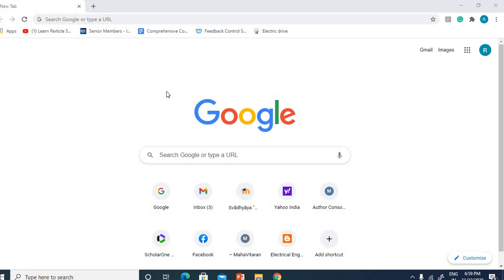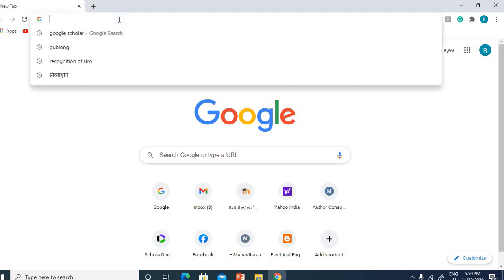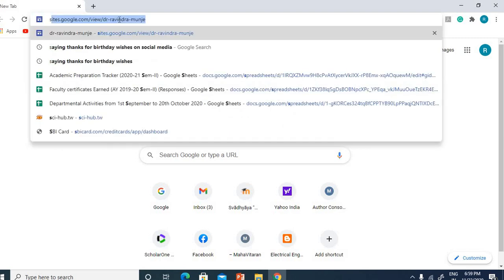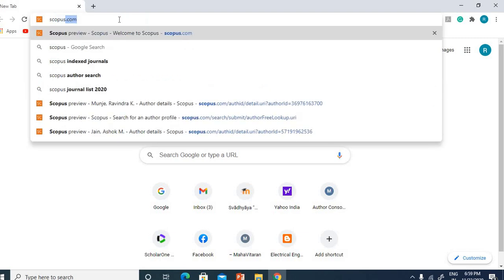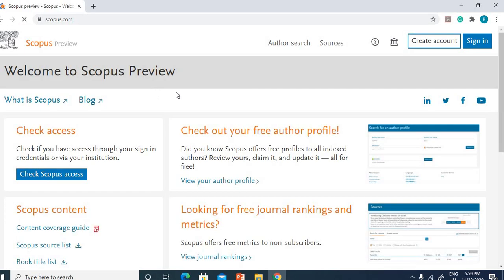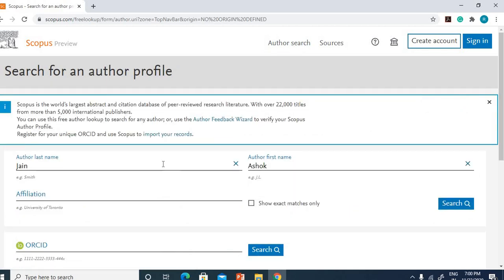So first we will go for identifying publications and citations in Scopus. We will type scopus.com, where this will open. Here you can see author search. By clicking here you can search a particular author.